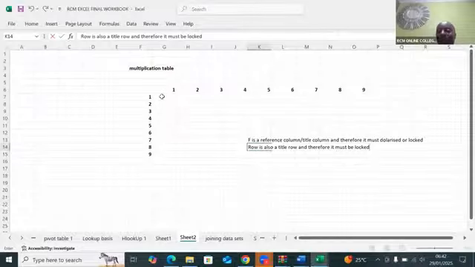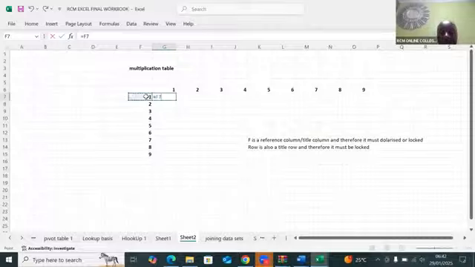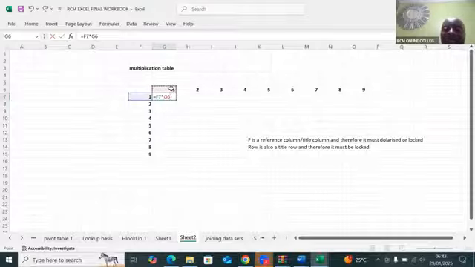So, ladies and gentlemen, this is what I will do. I'll come and say equals. So I pick this one here, then I say times this one. But now remember, as I multiply, you can see the cell in blue times the cell in red. The cell in blue is cell F7. And you're the ones who have told me that in this F7, between F and 7, F is anchor.